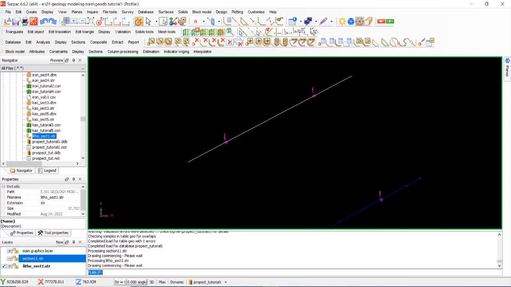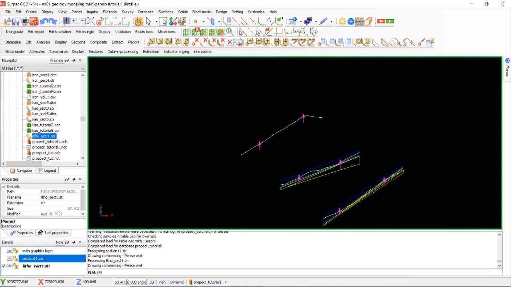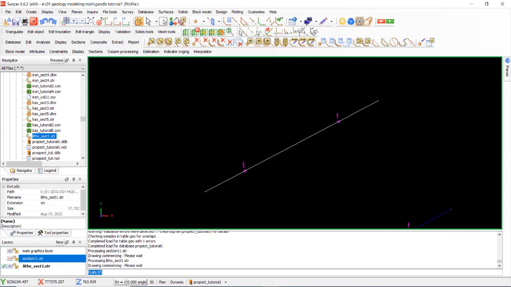Okay, we have the section, but we try to develop a section. This is section A, we start together. Okay,